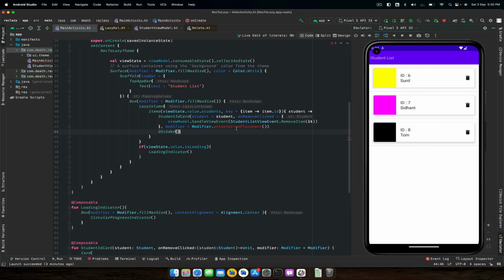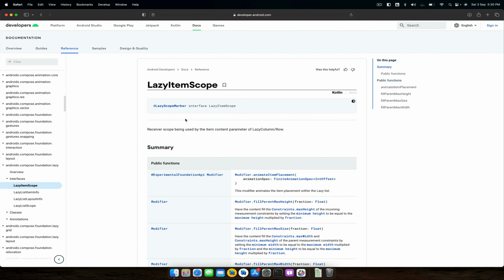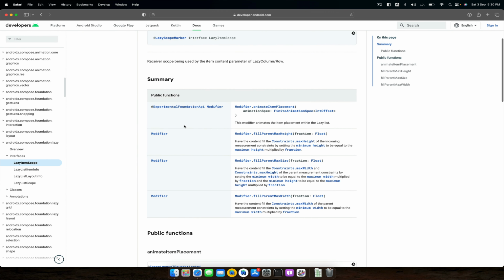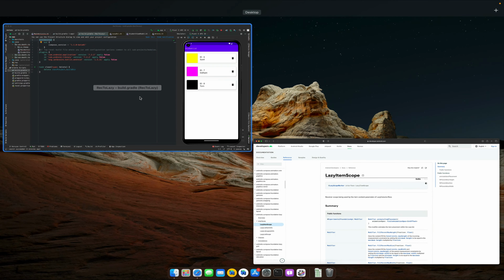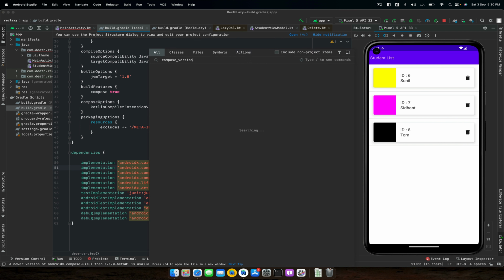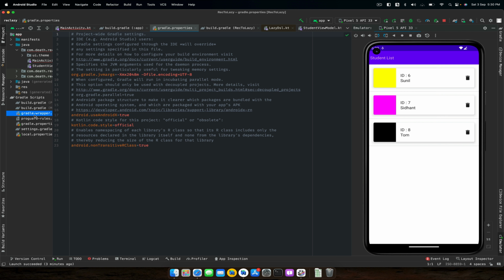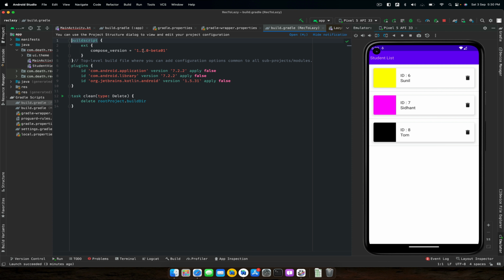Okay, so it's not available in the current version of Jetpack Compose that I'm using, I guess. Let's see which version I am on. It's 1.1.0 alpha. So let's try to update our Compose UI version to 1.3.0 alpha, I guess. It's 1.1.0 and we have 1.3.0 alpha or beta. Let's do it and let's resync it,